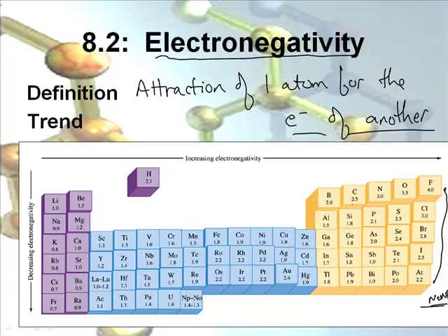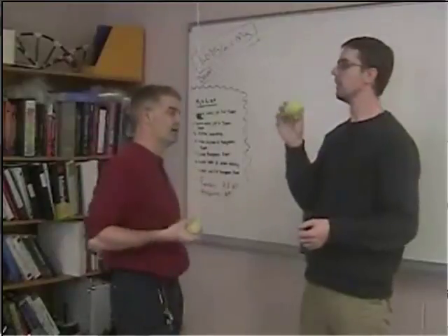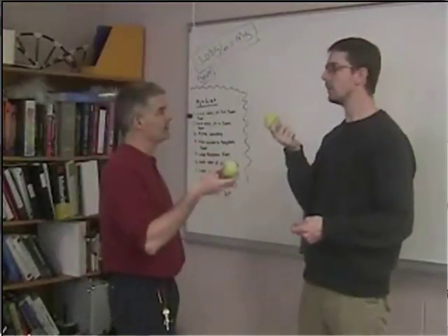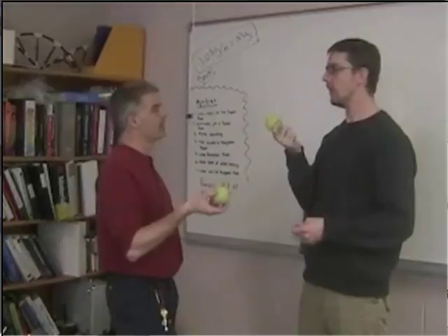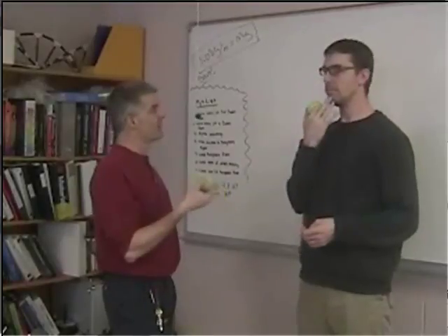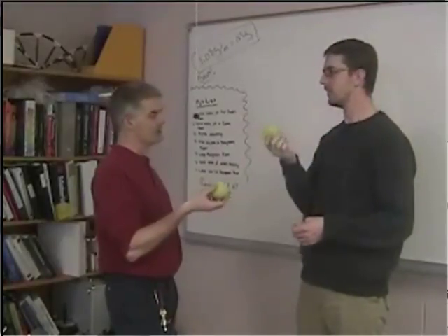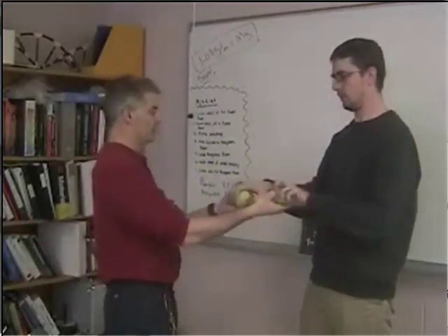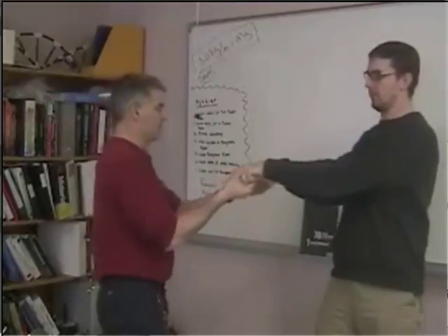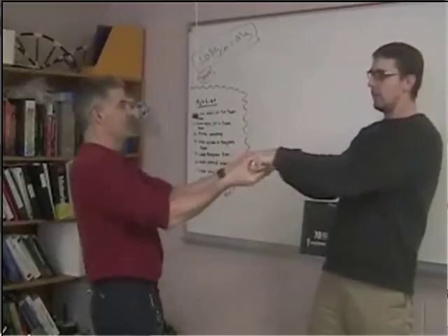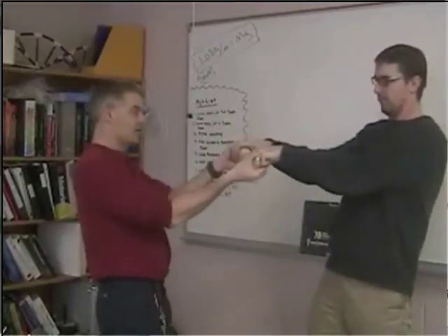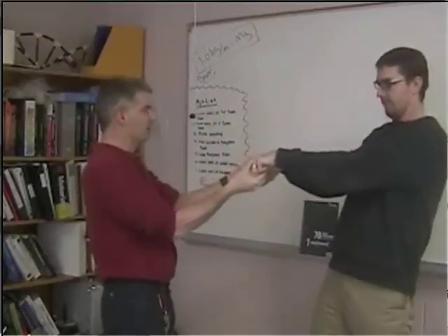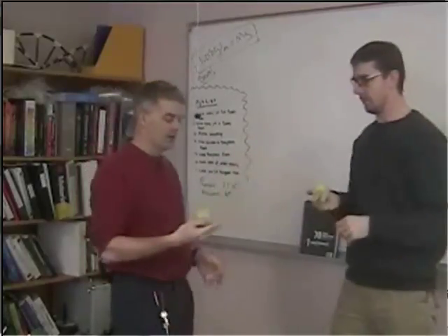So let's illustrate this with a little demonstration. Mr. Sams, I see you've got a ball. I do. It's an electron. And I have a ball. I'm like that chlorine atom we talked about, and he could be my twin, the other chlorine. So we need to share. We could share the ball, and since you're like my twin, we both have it the same amount of time. So the electrons are shared equally between us.